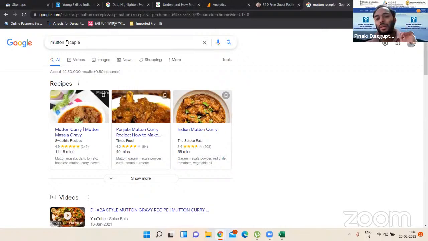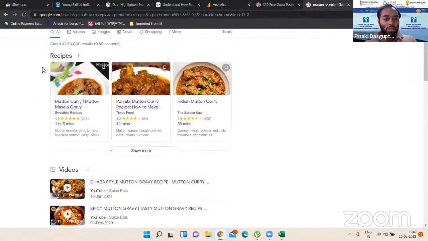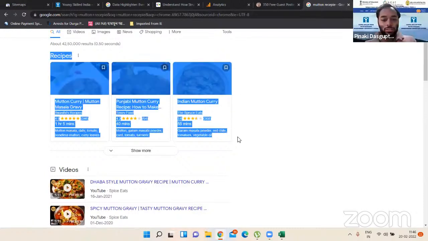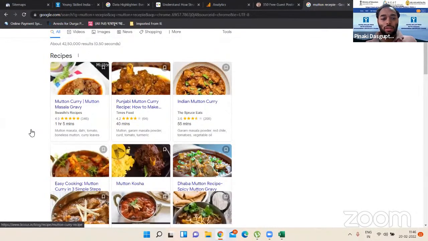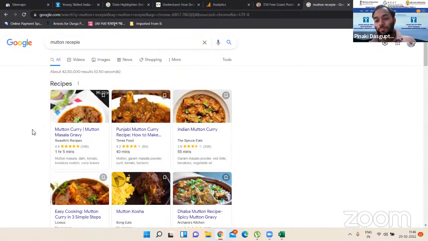So I have searched mutton recipe. Can you see now? Okay. See, these are some of the things that have come up at the top of the search results. This is not similar to the regular search result that we check in Google.